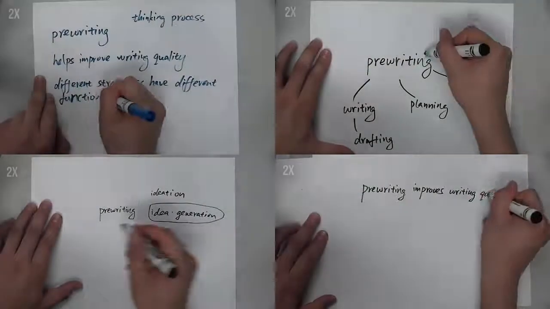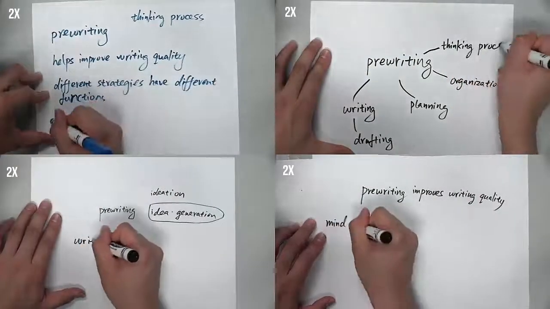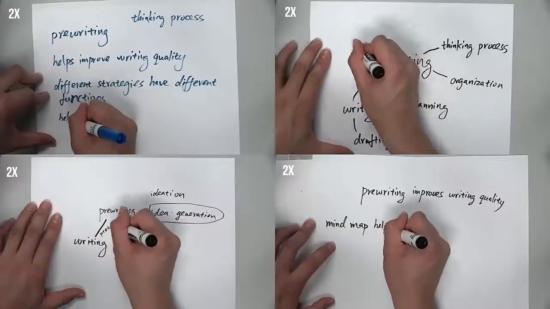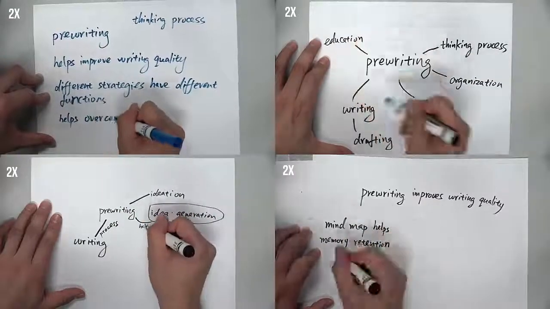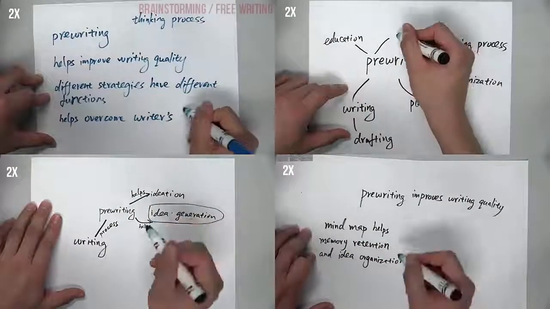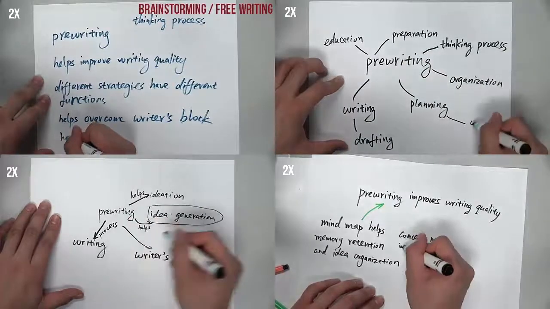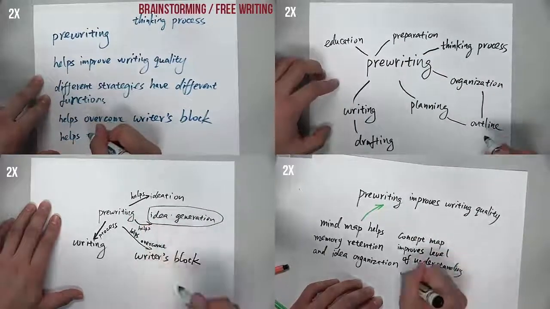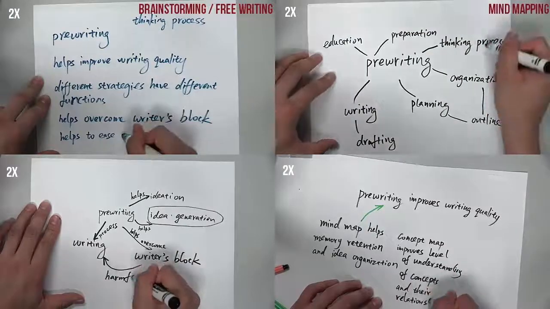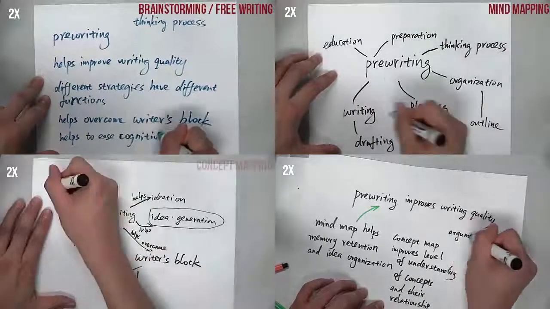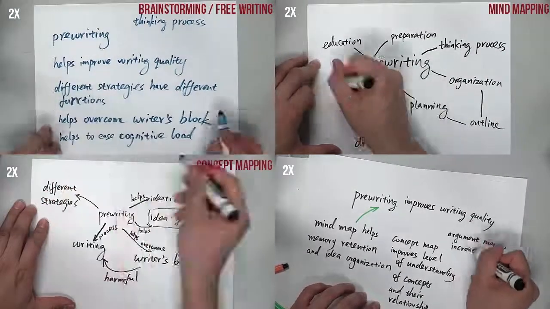Prewriting. Prewriting has been a popular approach to improve writing skills for more than 2 decades. Generally speaking, it enables one to plan and organize their ideas before they compose a first draft of their manuscript. It can take many forms, including brainstorming and free writing, that is, writing down all the ideas that come to mind in an unstructured manner, mind mapping, or creating associations between ideas, concept mapping, which assigns descriptive labels to associations